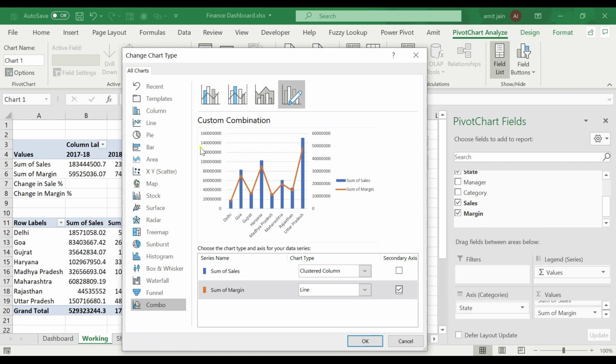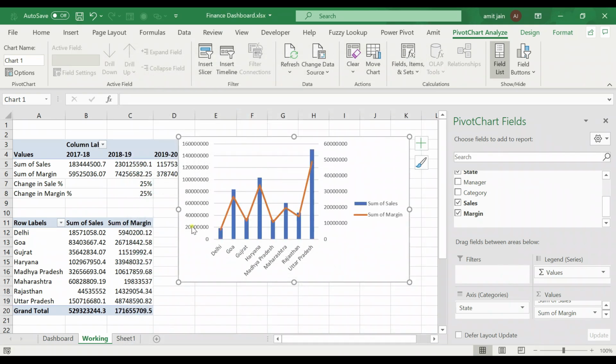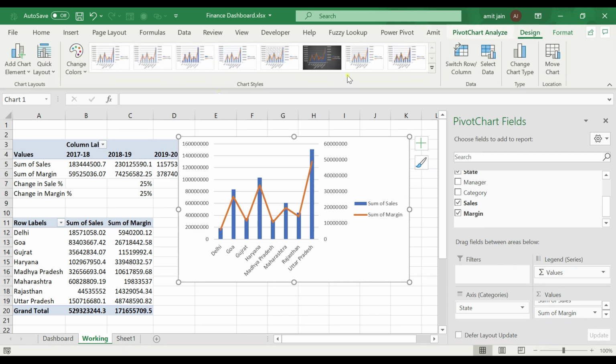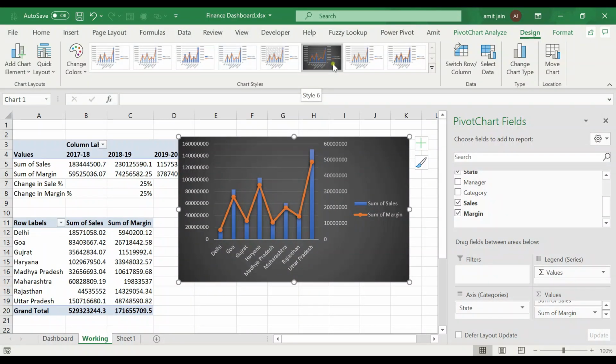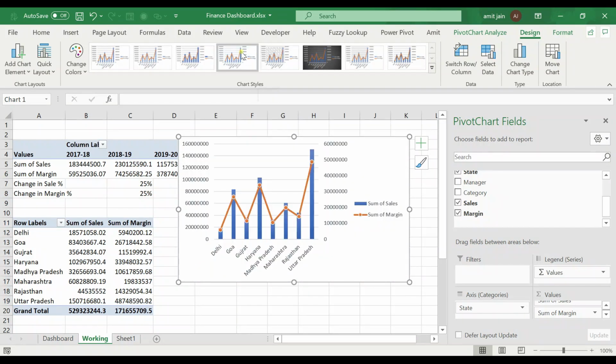I want this kind of presentation, right? Now I need this. If I want, I can make some more changes over here. Maybe I can go into design, and from design, I can choose different kinds of styles. I can choose this also. Maybe if I like a dark theme, we can choose this also. Whatever is my requirement, we can choose as per my requirement. So I'll keep it simple.